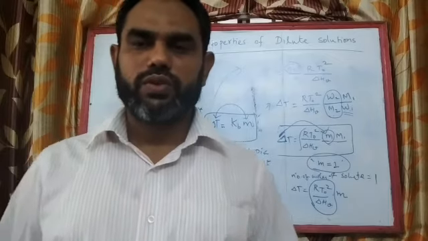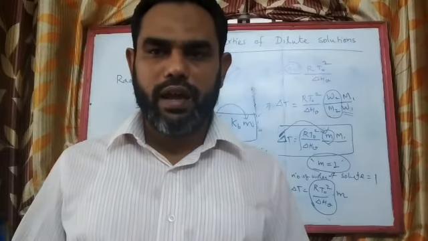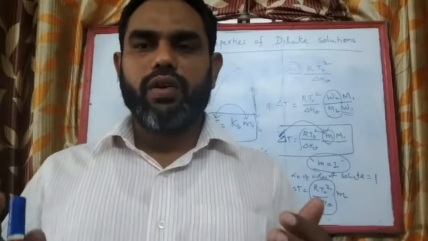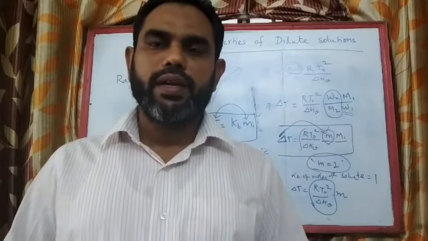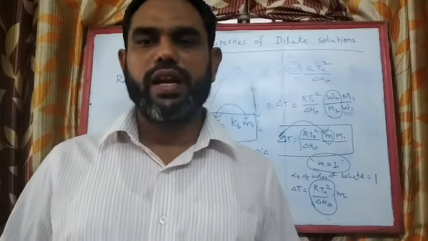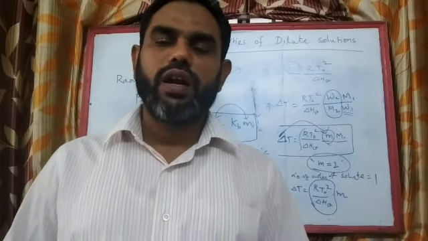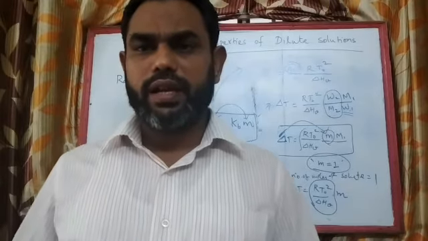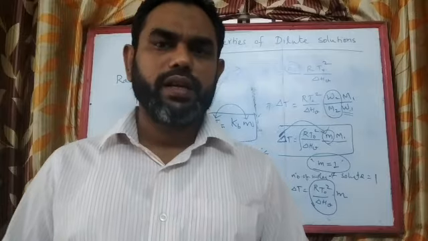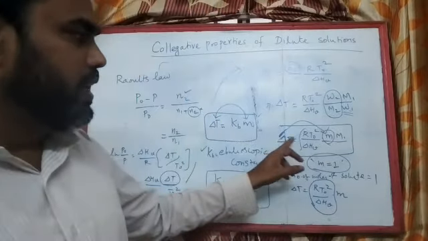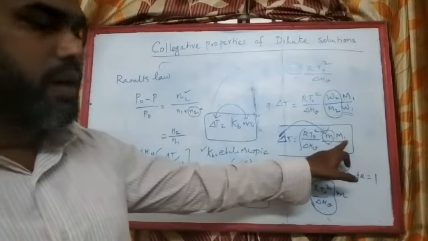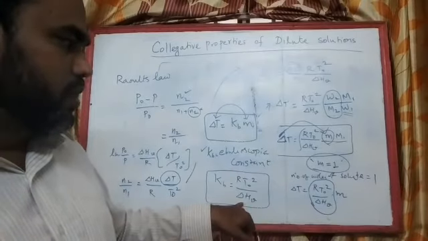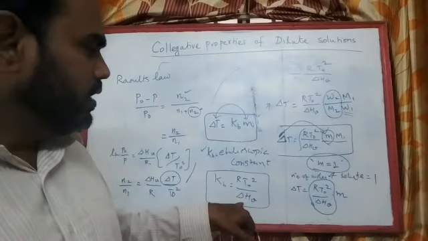Okay, so to prove that, we have taken the Clausius-Clapeyron equation, and we have derived a part of relative lowering of vapor pressure, P0 minus P by P0, which is compared to Raoult's law. Relative lowering of vapor pressure is directly proportional to the number of moles of solute. So both the relative lowering of vapor pressure and the number of moles of solute in Raoult's law are compared. And finally, we derived an equation delta T equal to RT0 squared by delta HV into m into M1. RT0 squared by delta HV is called the ebullioscopic constant, or molar elevation constant.